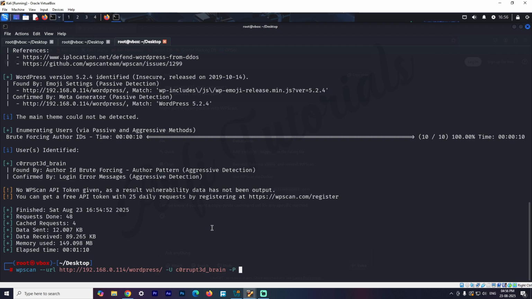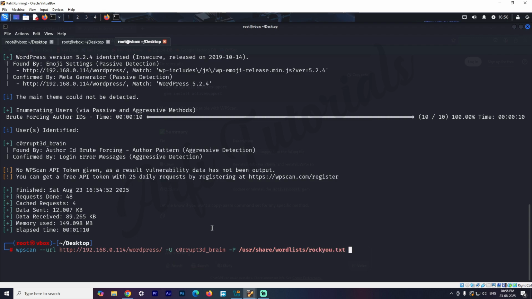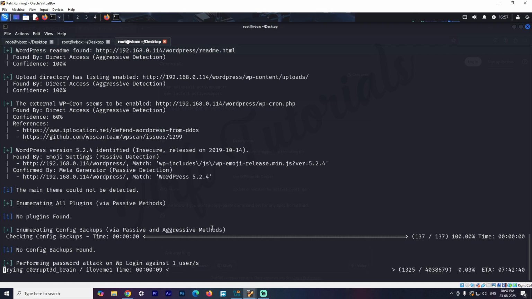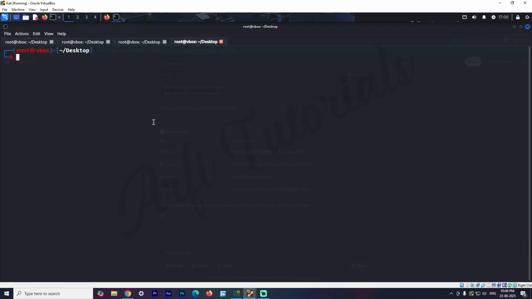And for the password, I will give the rockyou.txt file, which is present in the usr share wordlists, and there you go. I have got the password as 24992499.